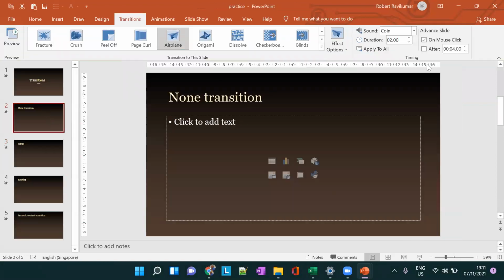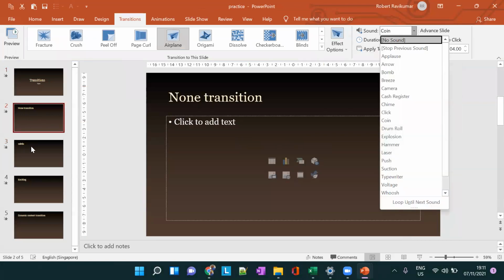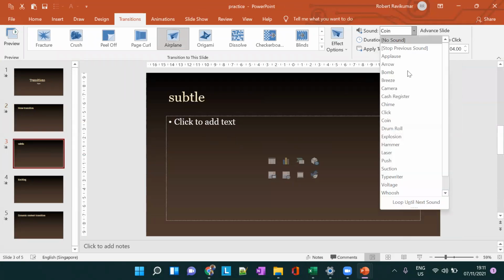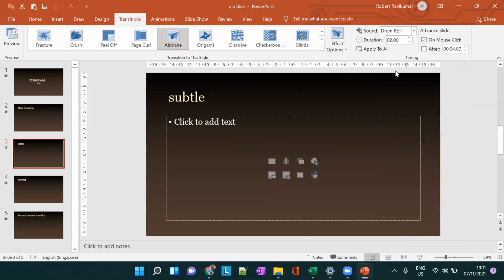Watch carefully. Let's say I'm in slide 3. I'm choosing a different sound. I'm choosing drum roll. Now what I'm doing is I'm going to apply to all. This applies the current slide's transition effects and timing settings to the entire presentation.